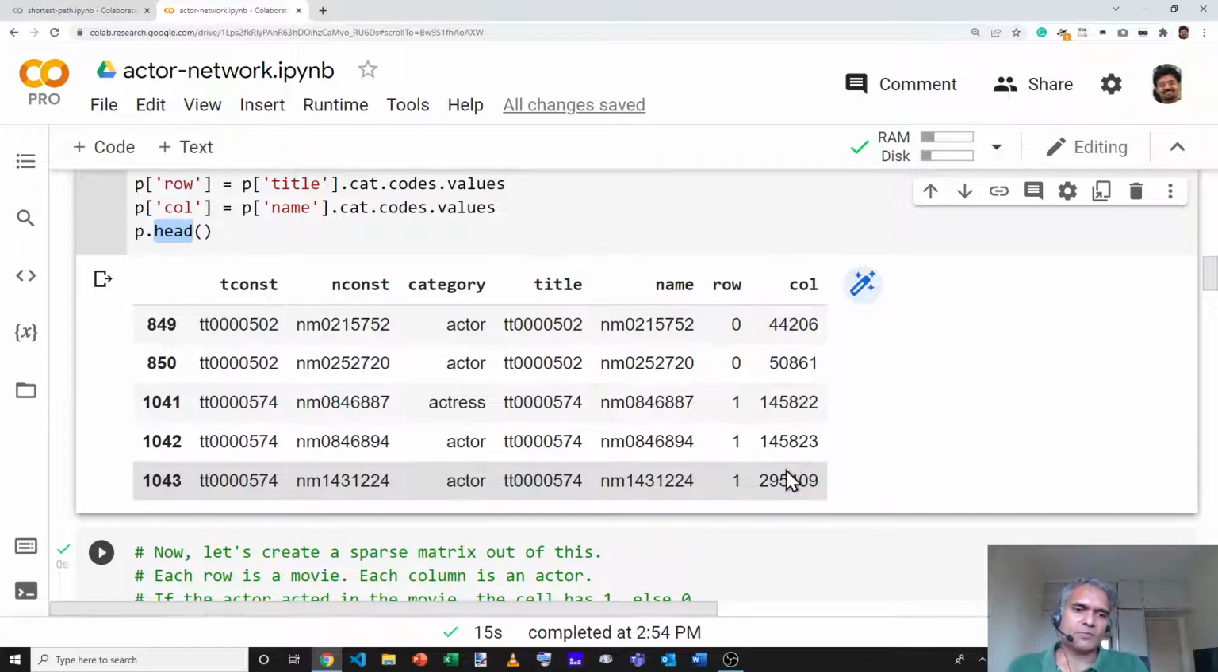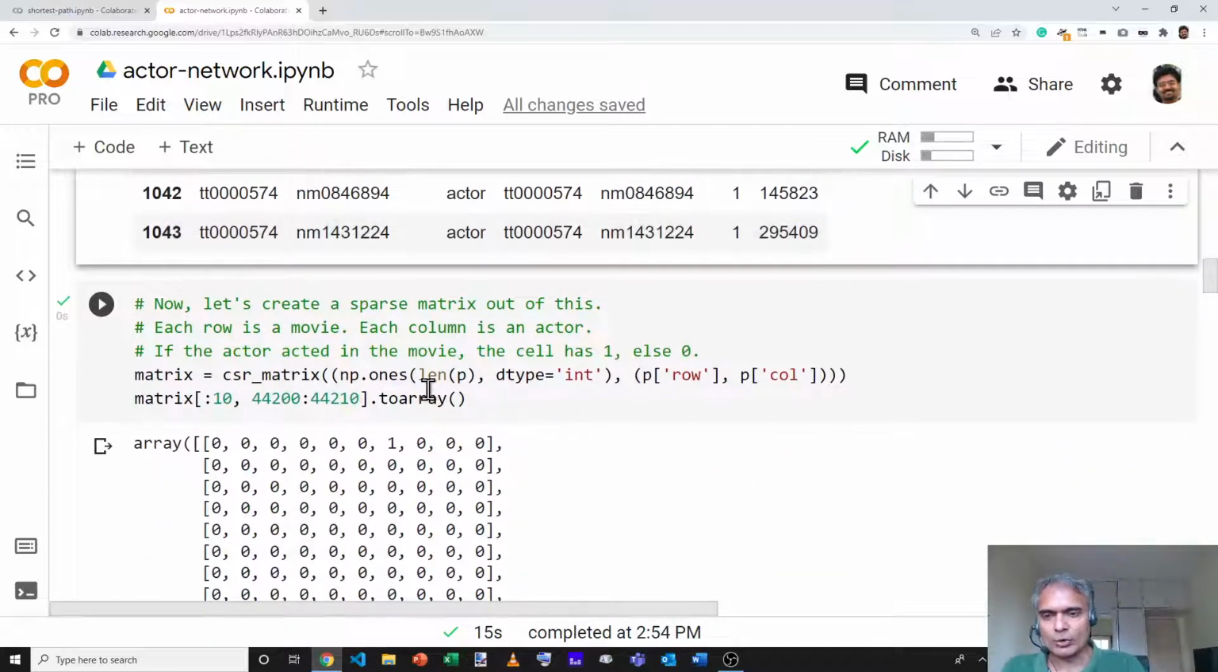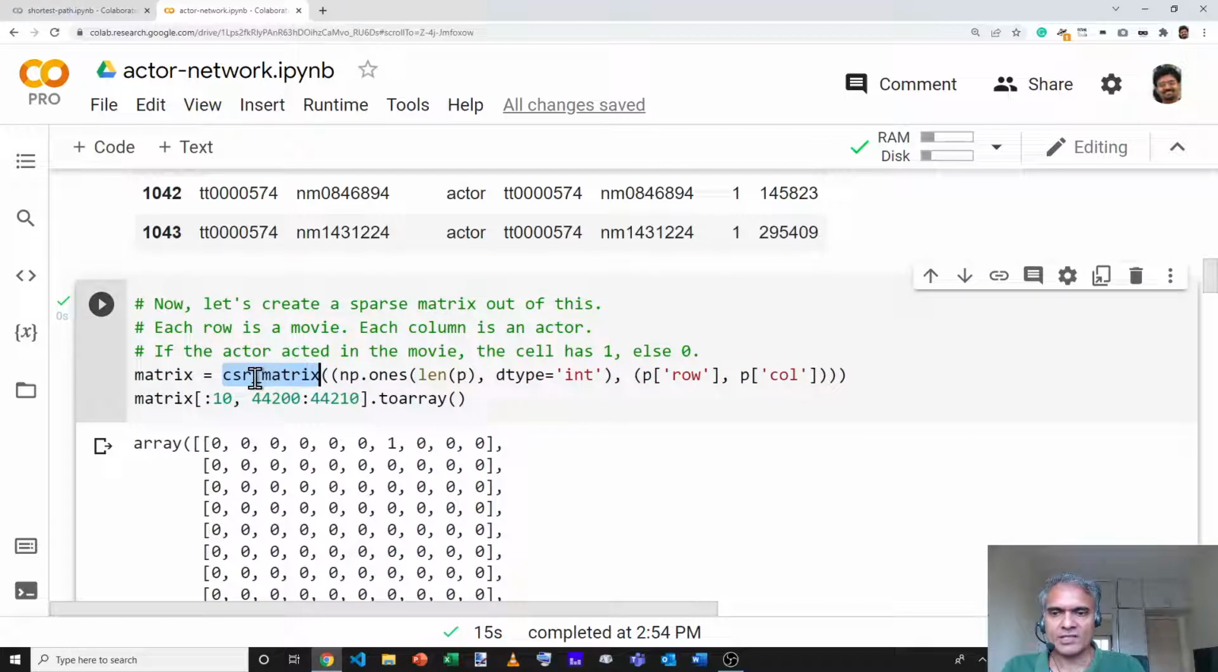We'll be using a sparse matrix. The reason is there's a huge number of actors, a huge number of movies, and 99.9% of the values are going to be 0. We actually only want to fill in the ones, and the rest can be treated as zeros. So the way we'll do that is by using SciPy's CSR matrix, which is a compressed sparse row matrix. And it takes 2 parameters actually. The first is the data set itself